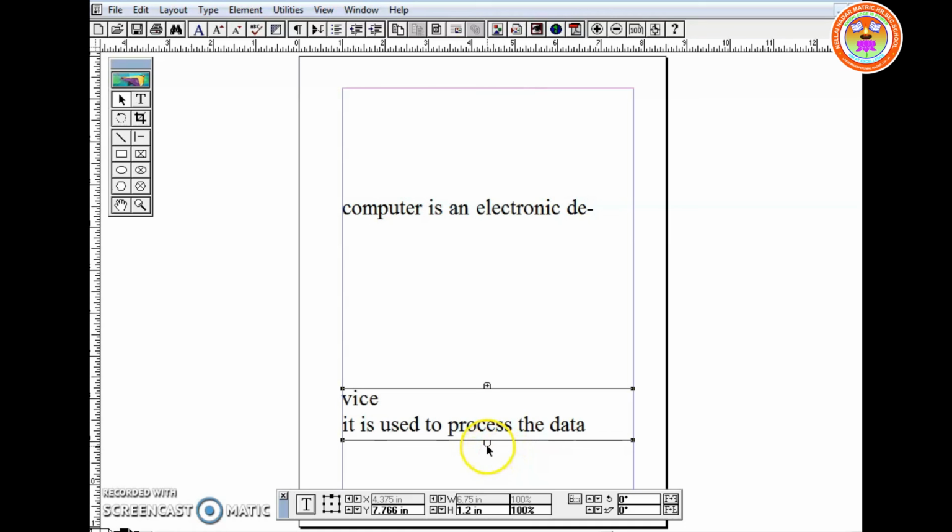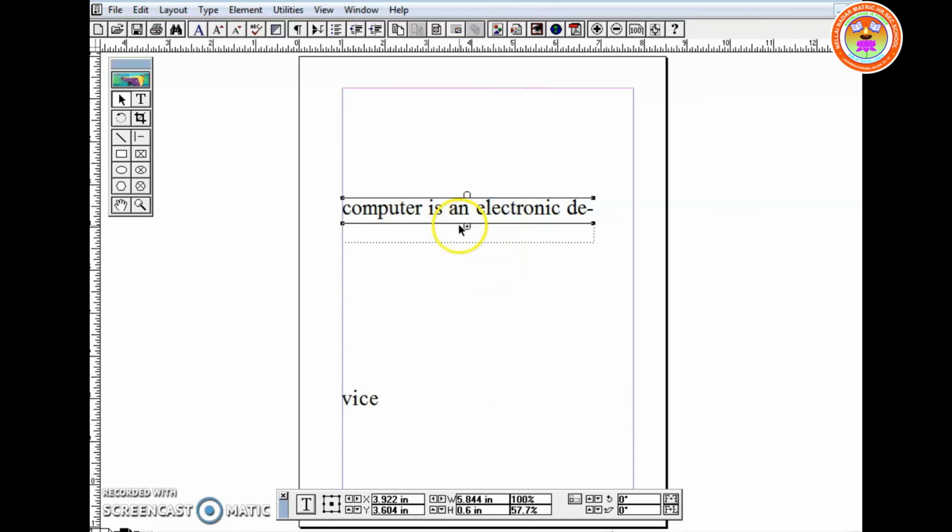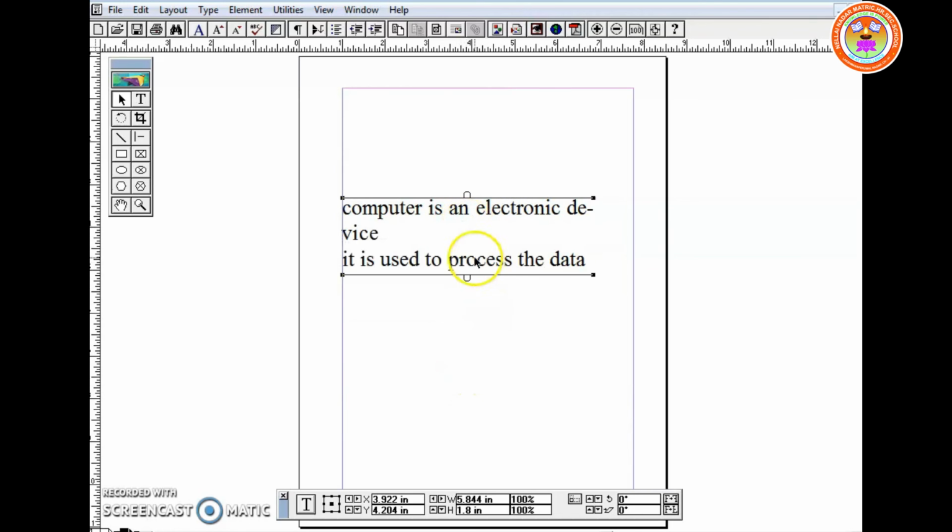Now how will you rejoin? This is one text block, this is the second text block. In the second text block, click the bottom handle and drag upwards. Then in the first text block, click the bottom handle and drag it till you reach this one. So now let us rejoin.